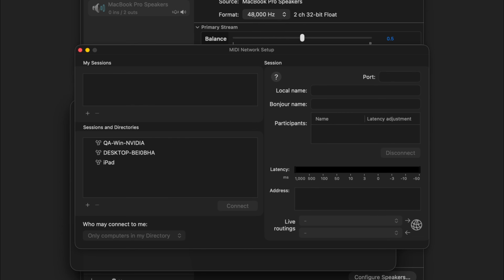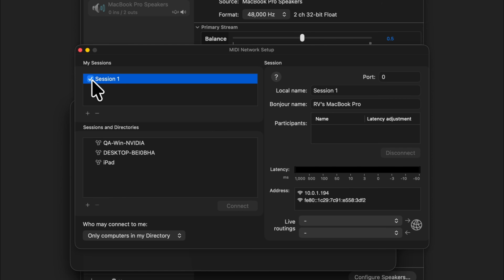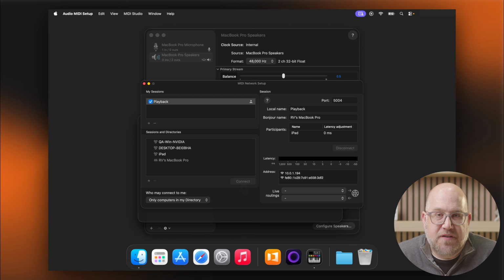In the MIDI Network window, add a new session by clicking the plus button. Enable that session, and you'll see fields where you can name the session and customize how it appears on the network. If another device, say an iPad running a MIDI controller app, is on the same network, it should show up under Directory. Just select it and click Connect. Once connected, those devices will appear as participants in your session, and now your Mac can send and receive MIDI